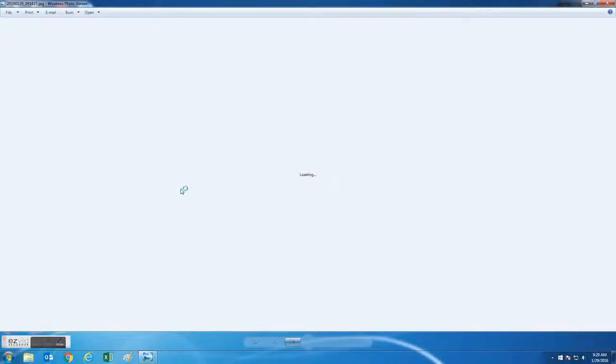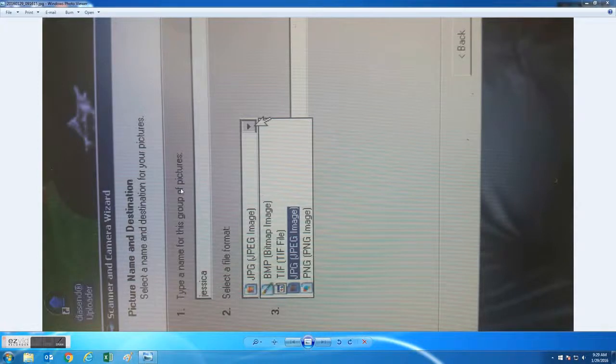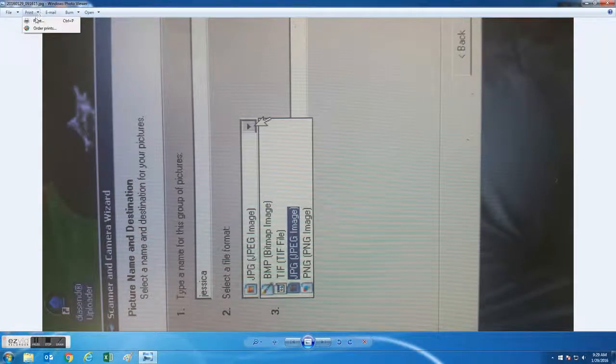and not get your emails rejected. So this is the one you sent me, and you're right. I only see picture options. But if you open it up, it should open up in a Windows photo viewer if you're using Windows. Go to print, click print,